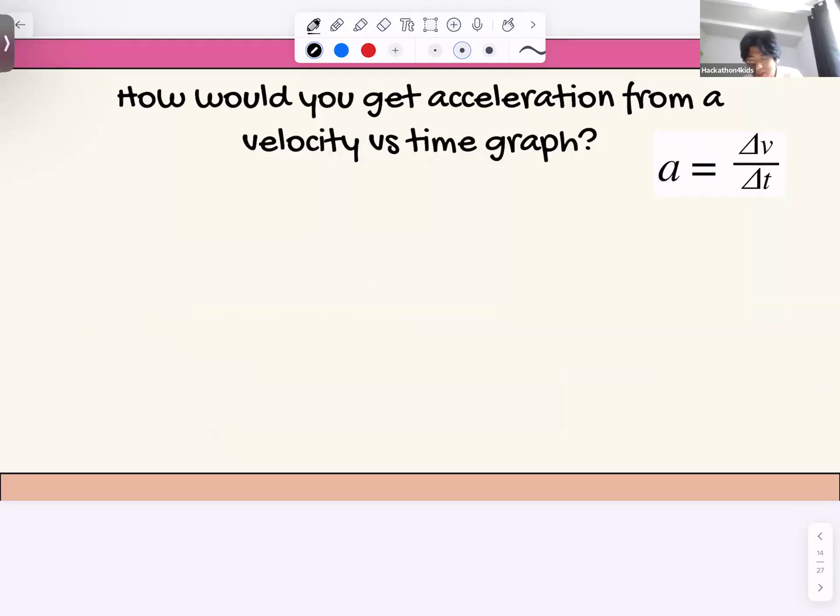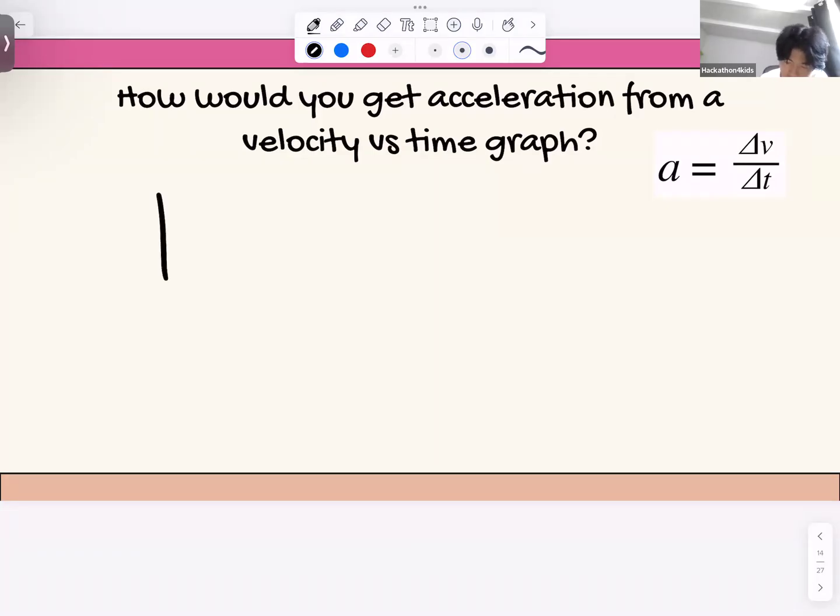Okay, how would you get acceleration from a velocity versus time graph, right? Let's recall. We got velocity. How did we get velocity from a position versus time graph? We got it from the slope, right? From the slope. Okay, so how would we get acceleration from a velocity versus time graph? It would also be the slope, right? It would also be the slope. Why? We can prove it, right? We can prove it. So